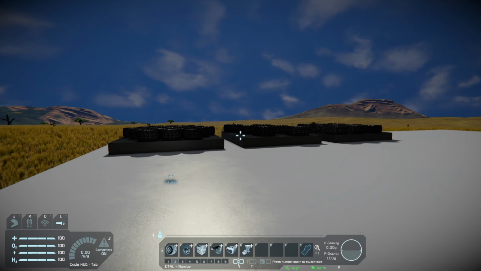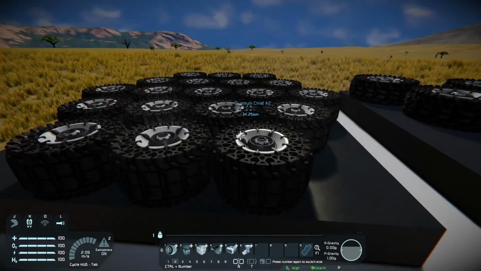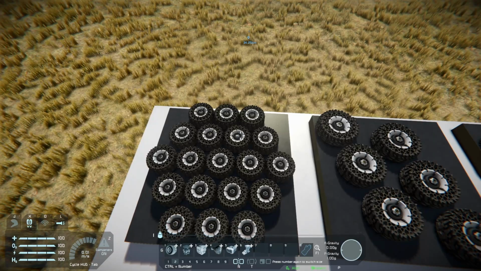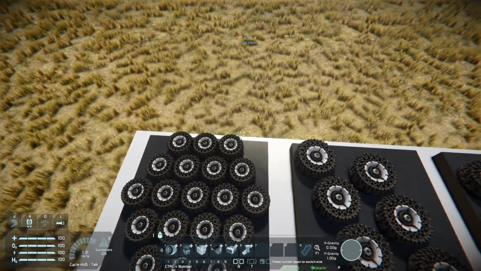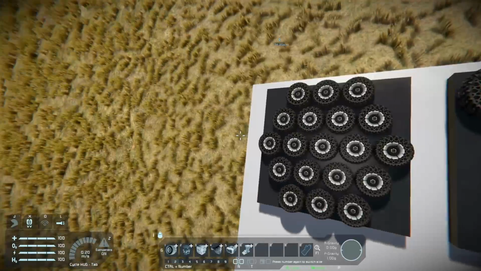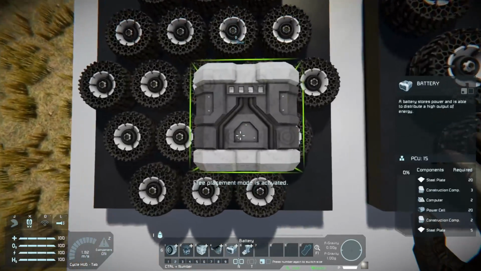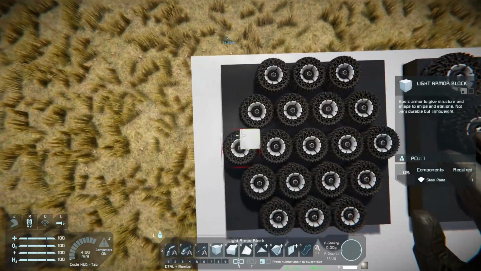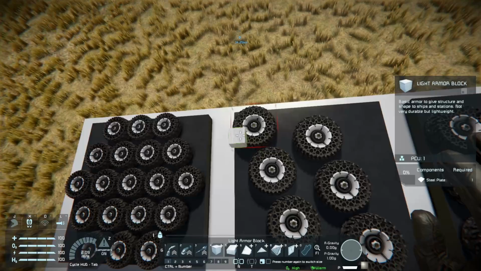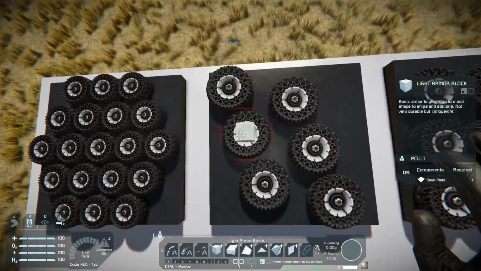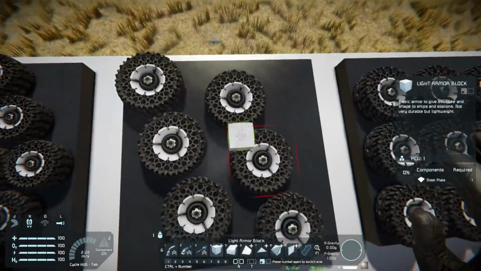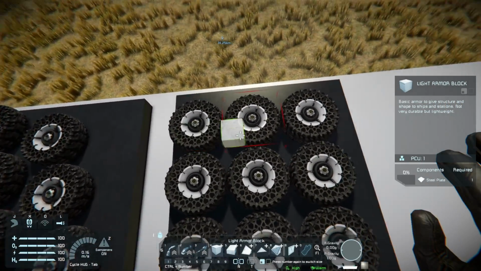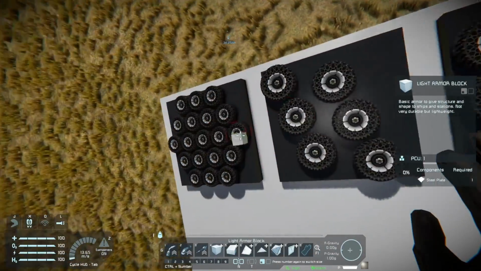Okay, so the first thing you have to decide is the wheel layout. Now, this design here seems to be the closest to what the Disney pattern is. It seems to be a lot of hexagons all together. So this would be a design which works. This is using the 2x2 wheel because it's got the offset, and it makes a very even distribution all the way around. If you try and use bigger wheels, as you can see, you just physically can't get them close enough. So this is just one angle offset, and it leaves so many gaps, and no matter how you do it, it's wrong. So I understand why Scrapman decided to just do a square grid, but I think I'm going to try this.